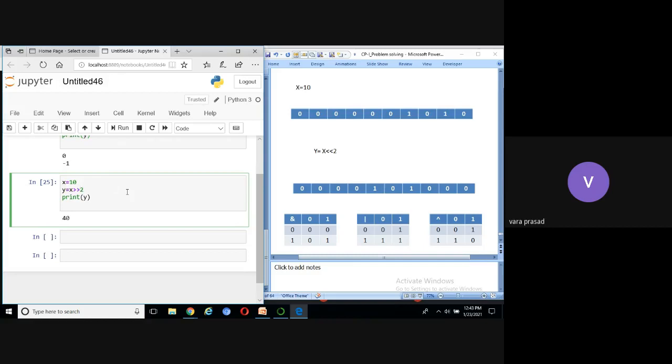Now the question is, if I use right shift, all the bits will be shifted to the right side by 2 places. What do we have to do? First shift 1 bit, again shift 1 bit. The output is shifted how many times? 2 bits.